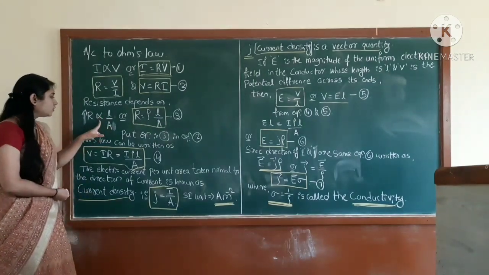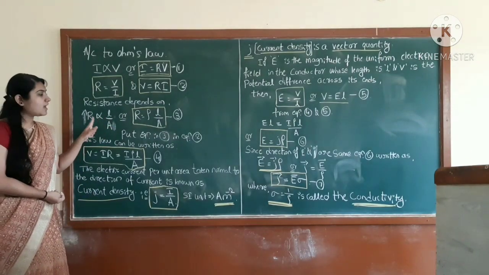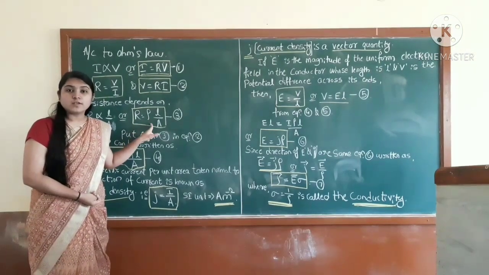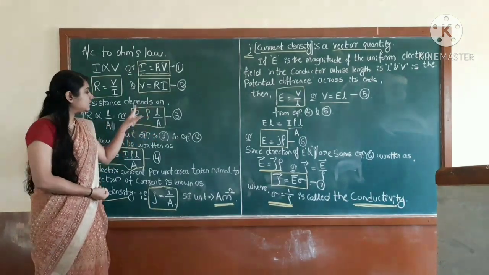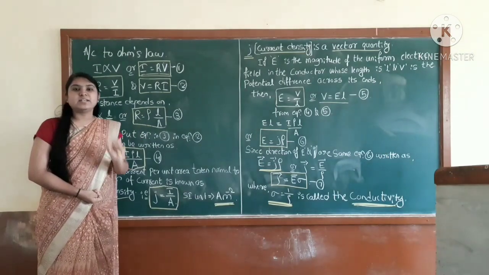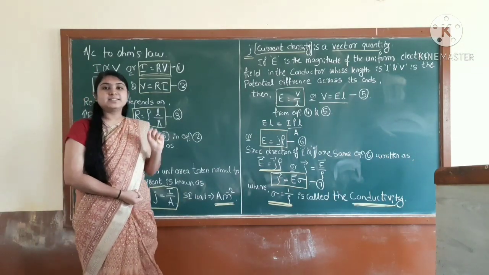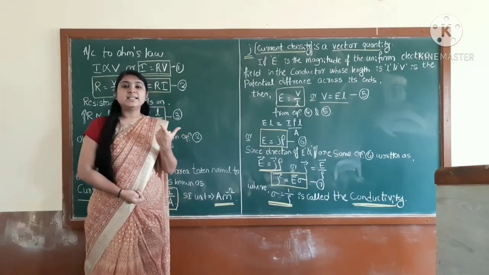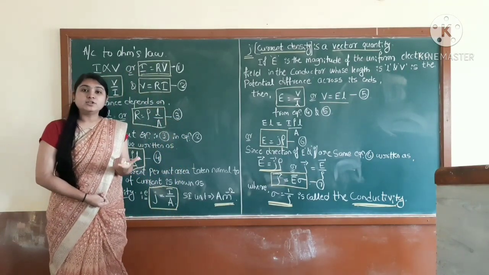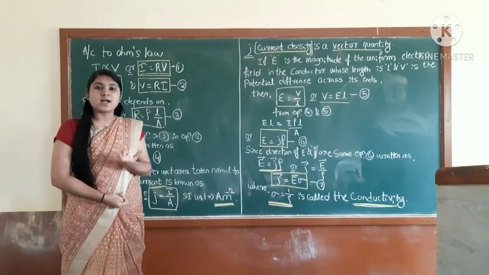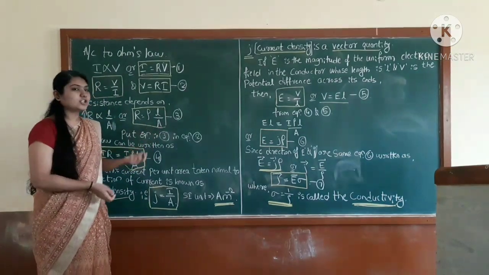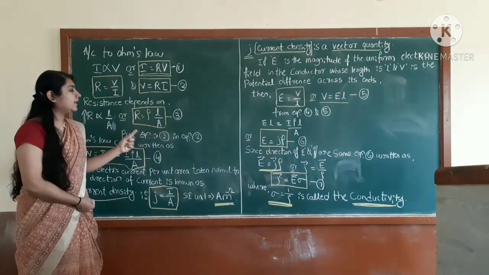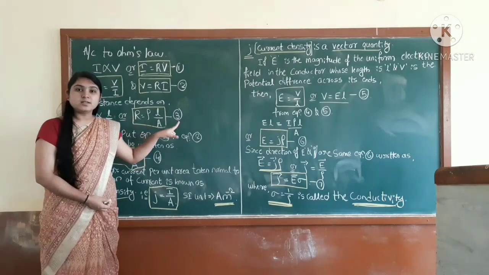See, when I remove this proportionality constant, I can write one constant here, that is rho. What we call it is rho, and this rho is called the resistivity. What do we call it? Resistivity, right? The resistivity of the conductor is equal to the length of the conductor wire and the unit cross-sectional area. Correct? So take it as equation number 3.